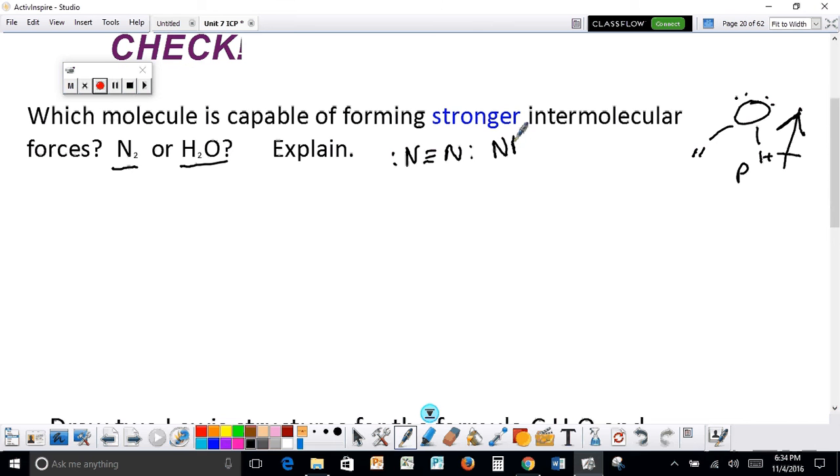So this is a non-polar molecule. All right. So which one will form stronger intermolecular forces? H2O. Now, how do we explain this? We need to make sure that as we're explaining this, we explain this from the perspective of both molecules. So I would say something like,